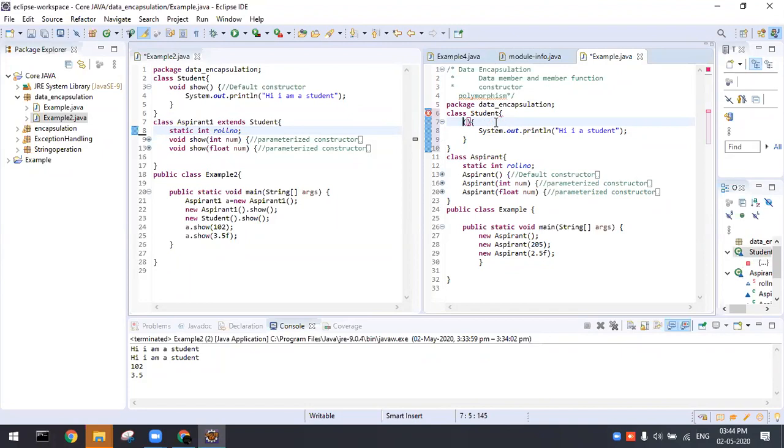You are supposed to mention a return type like void or int. That is also a constructor of another class. So this is definitely going to throw an error. That is why constructor overriding is not possible in Java. Okay, got it? So we can't do the OOPs concept of constructor overriding. Constructor overloading is possible, but overriding is not possible.